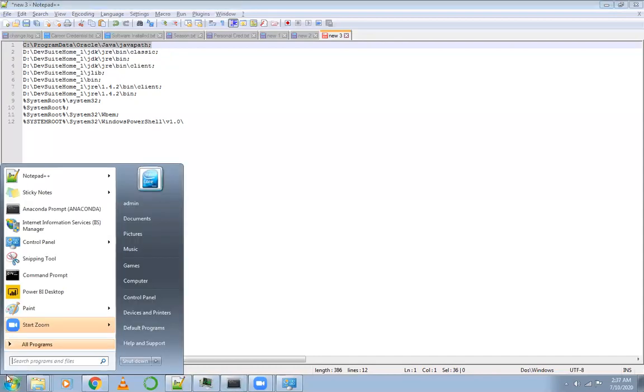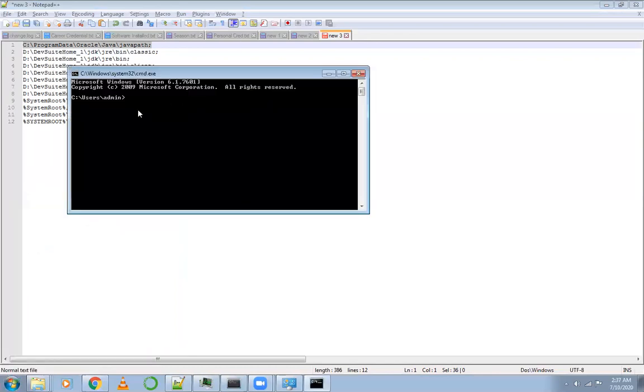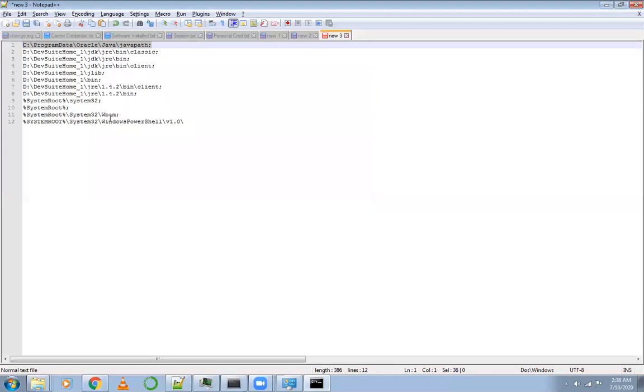So let's open the command prompt and type ipconfig. It's working perfectly fine. So what's our second step? We'll try to find the ipconfig file in these paths.